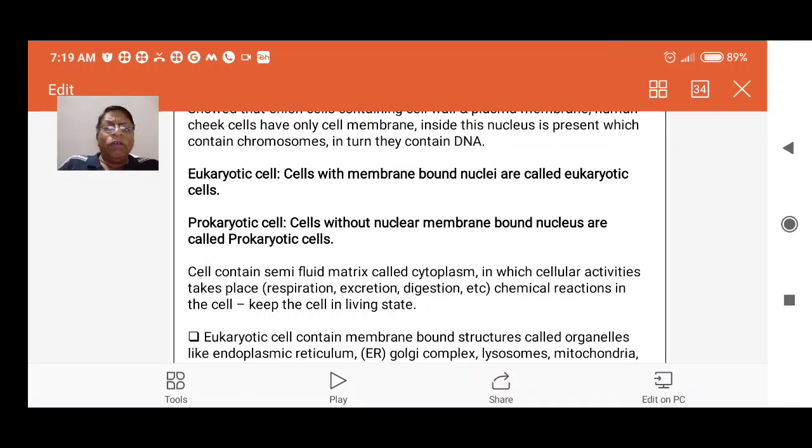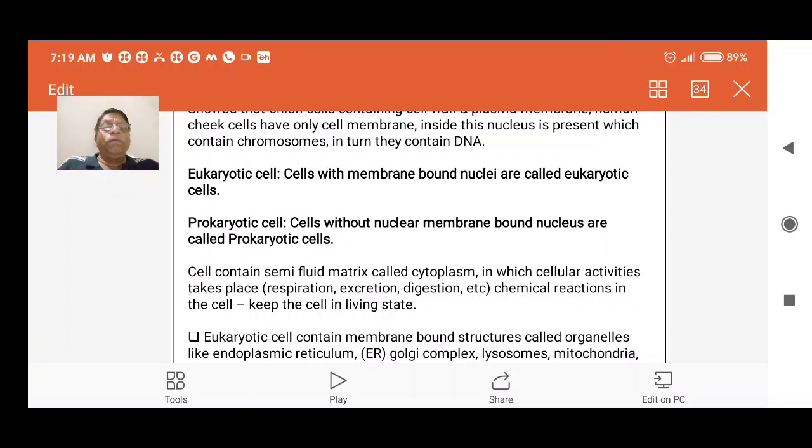This is one of the most important differences between plant cell and animal cell. Note this point, a very important, fundamental point. Okay, now,